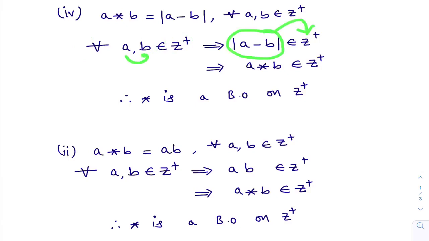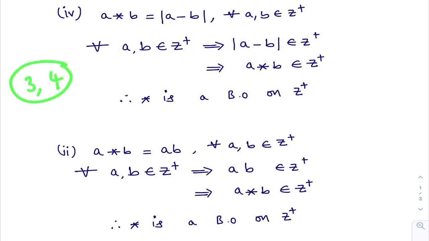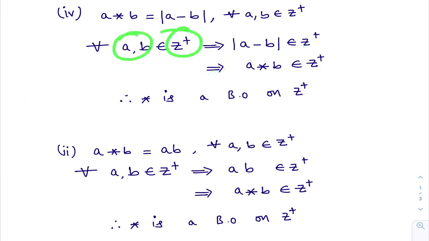See, a, b are two positive integers. a minus b is what? a minus b may be positive or may not be positive. But as the modulus is there here, it belongs to Z plus. See here, you take any two positive integers. You take a, b, you can take any two positive integers. Suppose 3, 4 you take. 3, 4, both are positive integers or not? What is modulus of 3 minus 4? Modulus of 3 minus 4 is modulus of minus 1, which is the same as 1. Is 1 a positive integer or not? Like that, you need to check for every pair of positive integers.